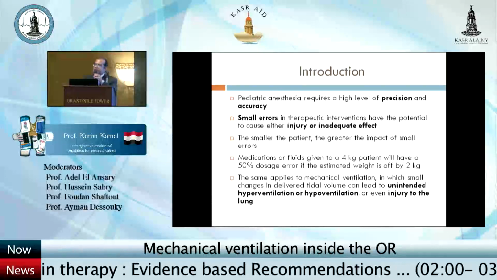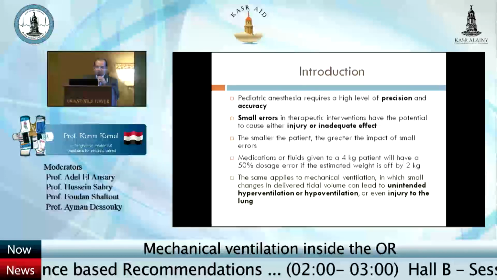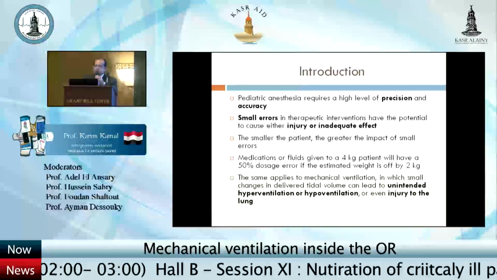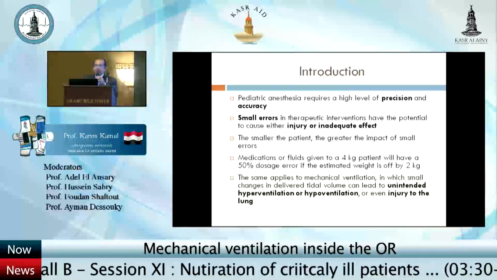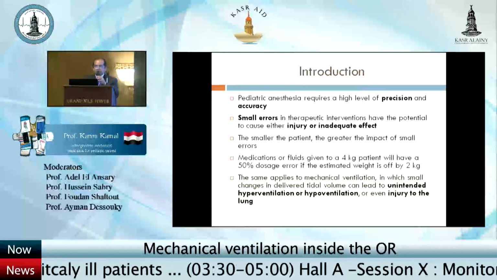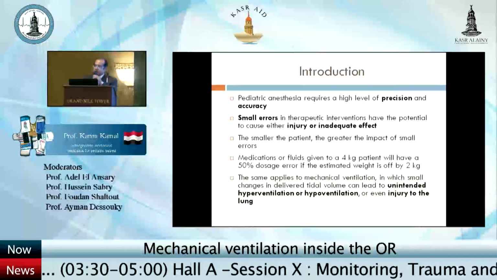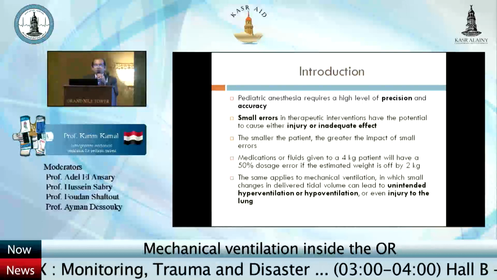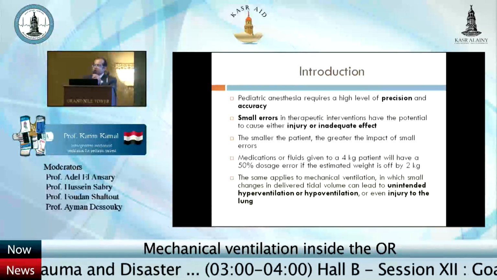This can be very problematic and disastrous. The same applies to mechanical ventilation, in which small changes in the delivered tidal volume can lead to unintended hyperventilation or hypoventilation or even injury to the lung. That's why you have to be very careful and have some degree of knowledge on how to ventilate a child